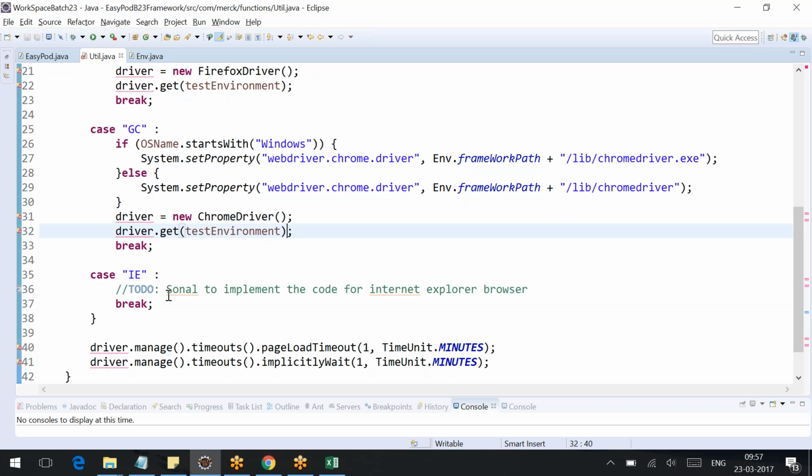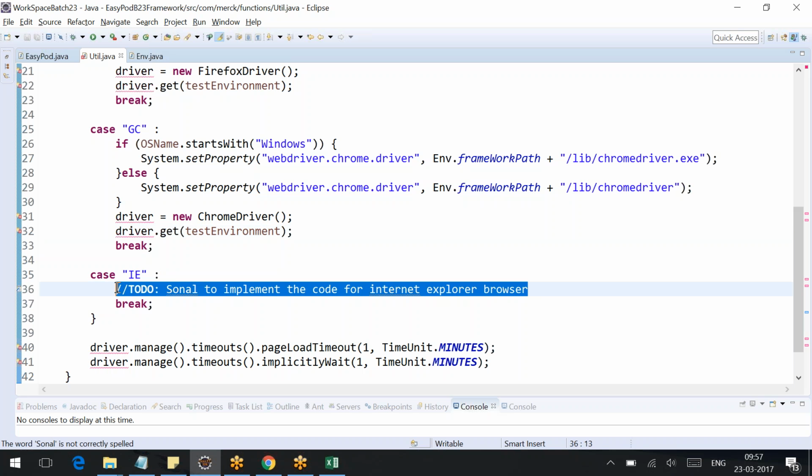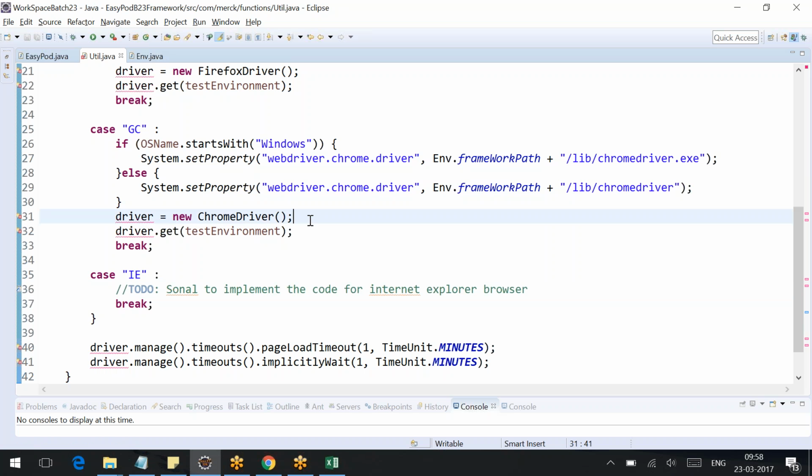Okay, and this is the homework for Sonal. Sonal, try to implement the code for Internet Explorer driver. Okay, will you able to do, or you want me to give this to someone else? Okay, fine Sonal, perfect. Try it. If not, we are there. Okay,